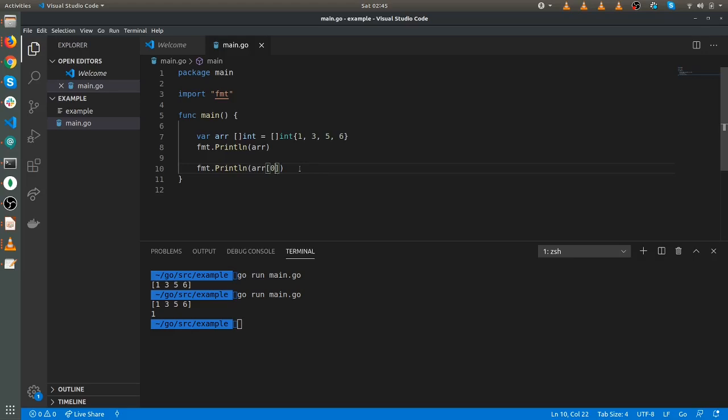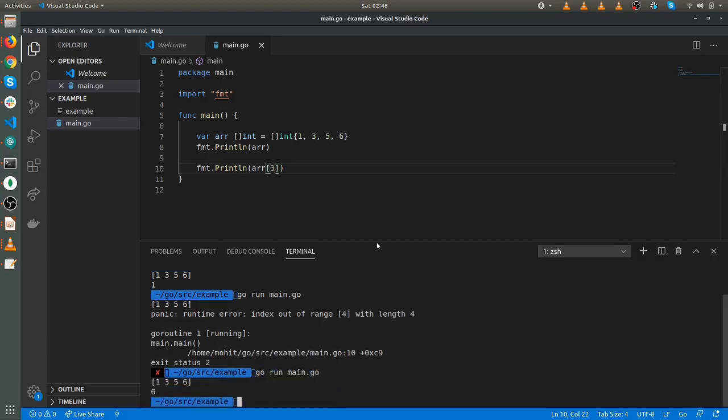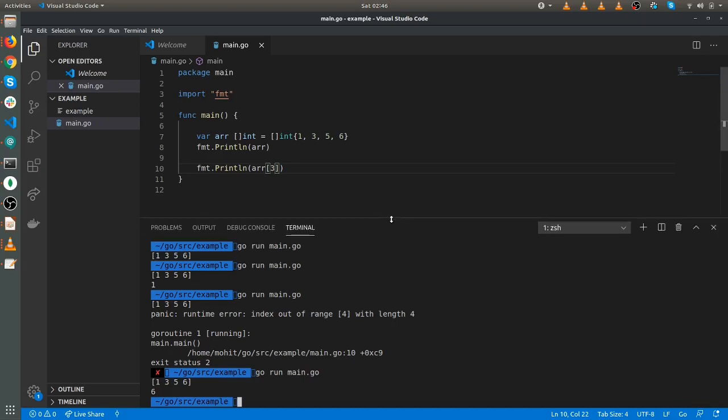If I print the fourth value, it's complaining that the index is out of range, because 4 is not an index. The index starts from 0: 0, 1, 2 and 3, and the fourth is not present. So we need to use 3 to print the last. Here you can see that it printed the last value of the array.